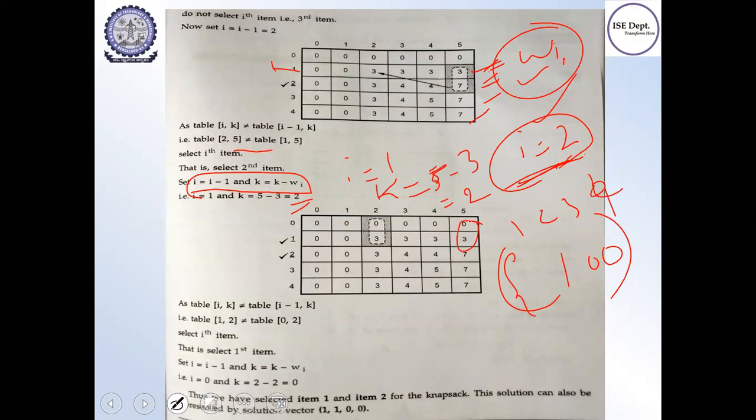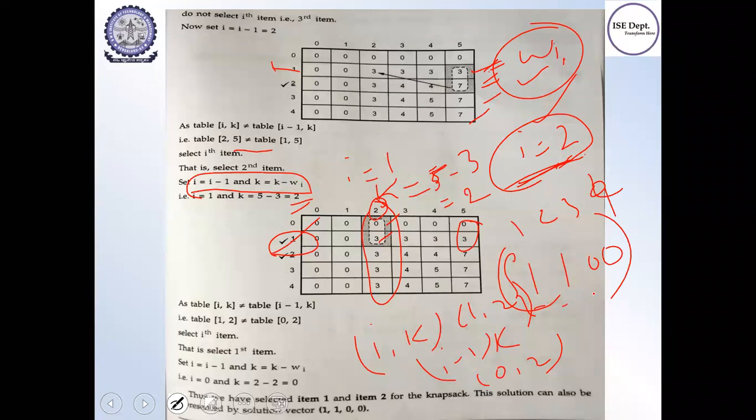Since we know I is equal to 1, k is equal to 2 now, you should use this particular column. K is equal to 2 and I is equal to I minus 1, that is 1, correct? Now you start comparing this value, that is I comma k and I minus 1 comma k. So I comma k is 1 comma 2 and 0 comma 2. 1 comma 2 and 0 comma 2 are different, so I can select object 1. So write this object 1 as selected. So 1 1 0 0. Why did you get 0? Because these two items are not selected based on the condition which was equal, correct? So this is how it should work, and our final result is this.